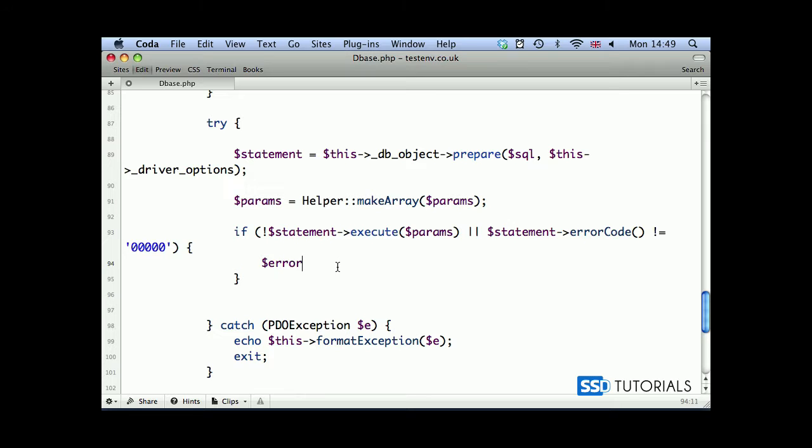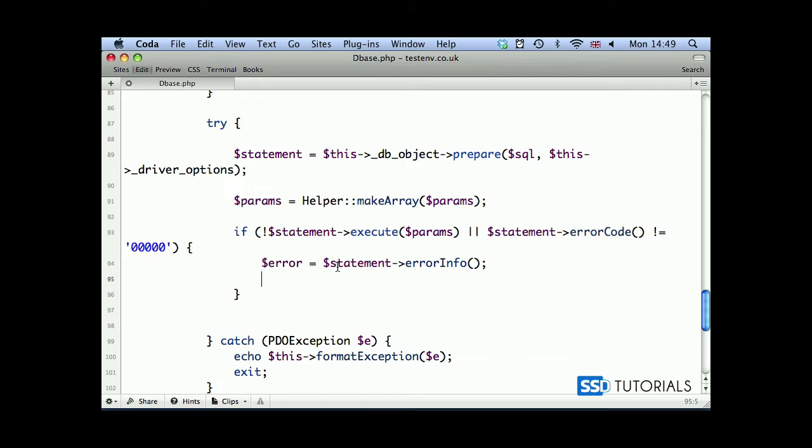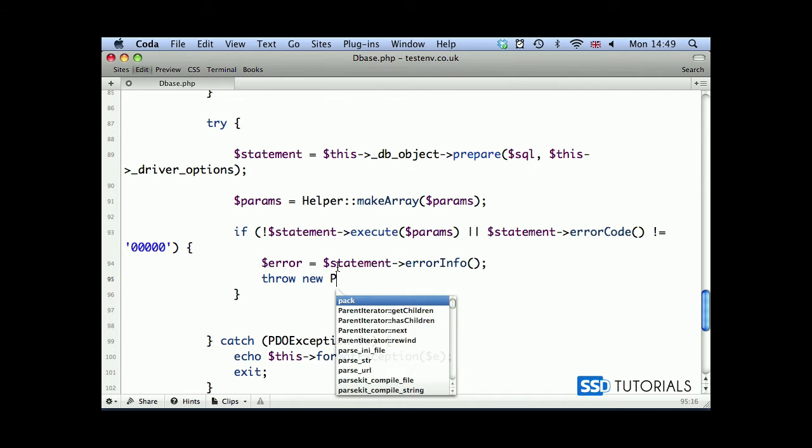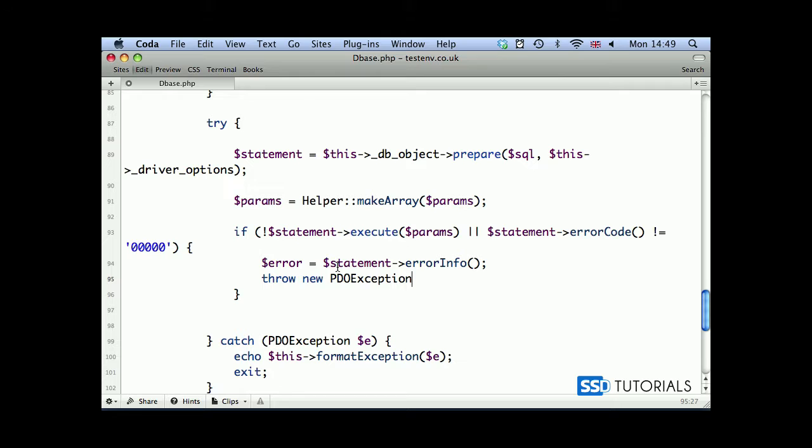But first of all, error equals statement error info. So we're getting the info of the error, all the information about the error, and now throw new PDOException with the following content: